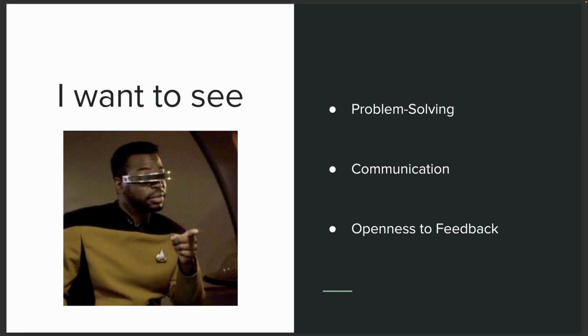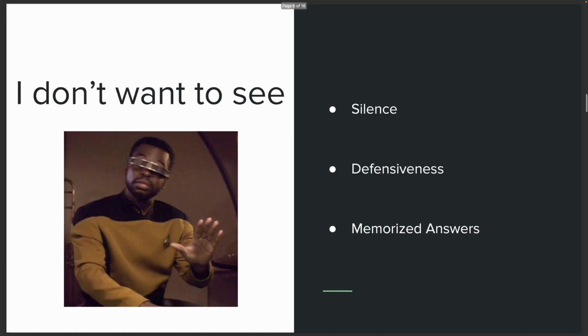And I'm also interested in openness to feedback. I've said on a number of occasions that software development is a team sport, or at the very least a team activity, right? And it is super common that you're going to put up your code and get code review. And if you have high openness to feedback, that's good, right? The goal is to make the code the best it can be, and being willing to hear some feedback and use that is an important part of the work to be done.